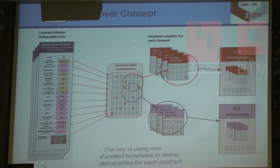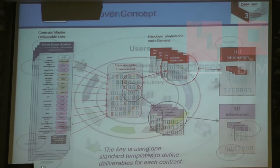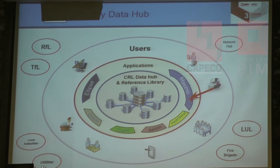And the importance of that is that we often have 2 or 3 organizations, maintainers, wanting the same piece of information. And instead of giving them copies of that, they can use that information from a single source of truth. And here is an example where we have Rail for London wanting to use Maximo for that piece of information, and we have London Underground wanting to use the same piece of information using Ellipse. 2 completely separate asset management systems, but they can access that same piece of information if you become data-centric in the BIM world, which is what you want to do, and not